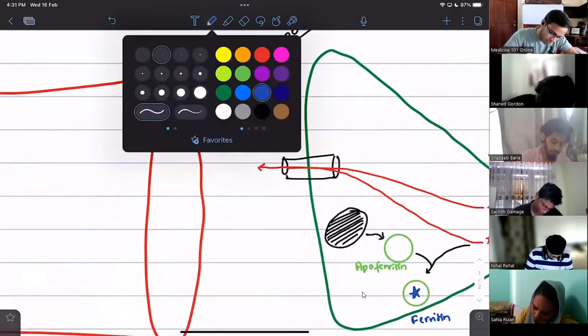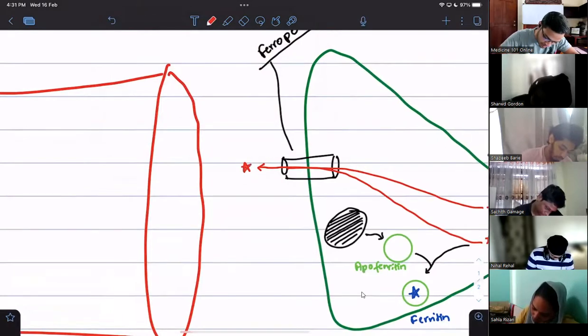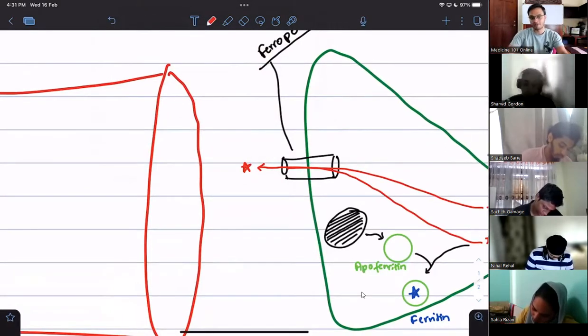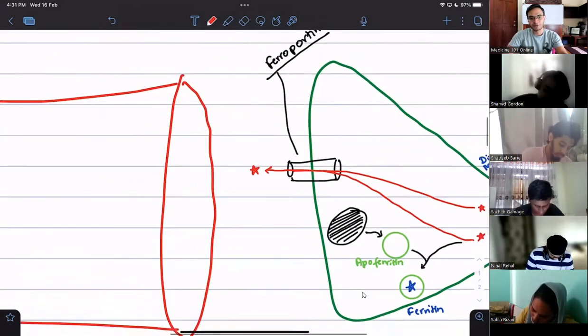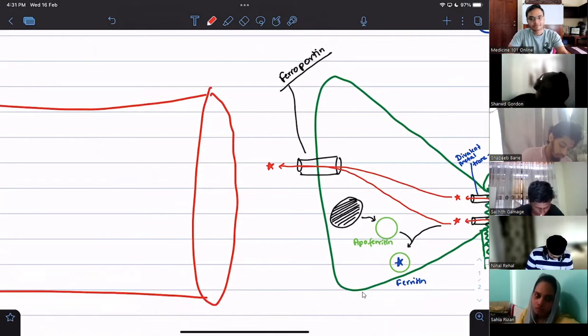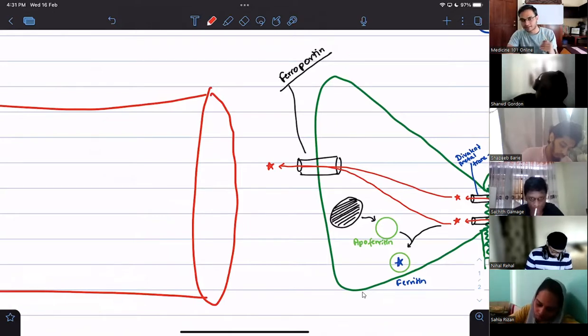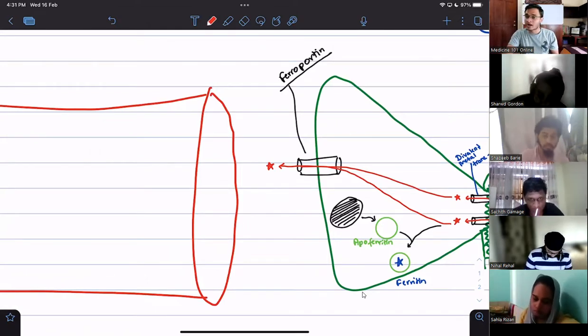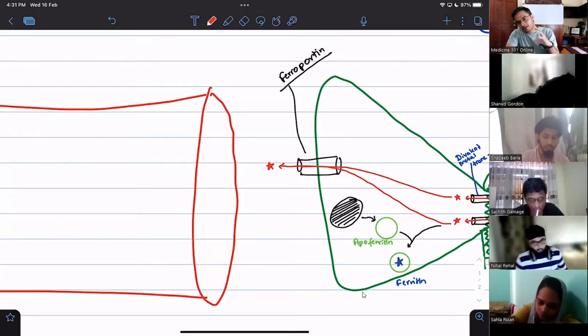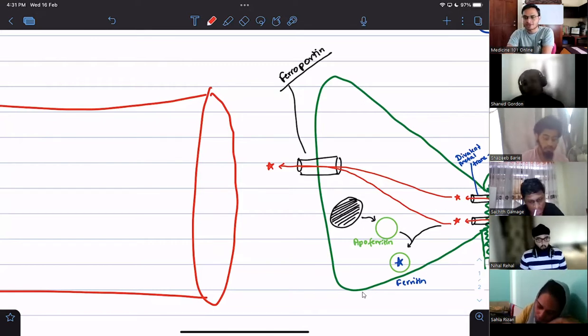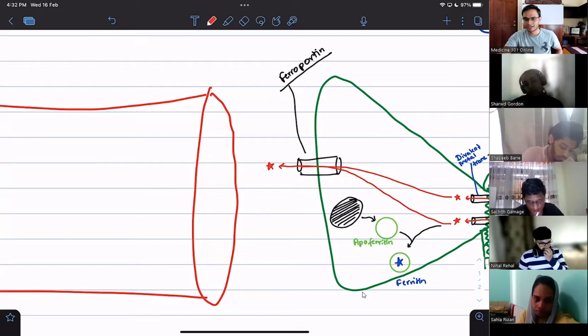Now look at this, guys. The iron that left here is in what form? This is in the ferrous form, Fe2+. But now there is another problem. The Fe2+ form cannot be easily transported in the blood. For the transportation purpose, our body prefers the ferric form, Fe3+. So what should happen here on the basolateral membrane of the duodenal epithelial cell?